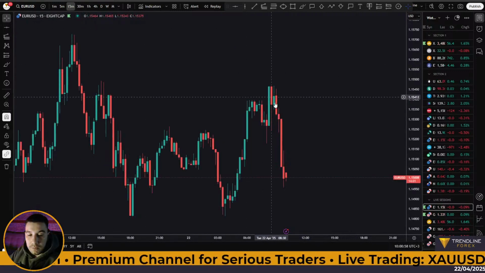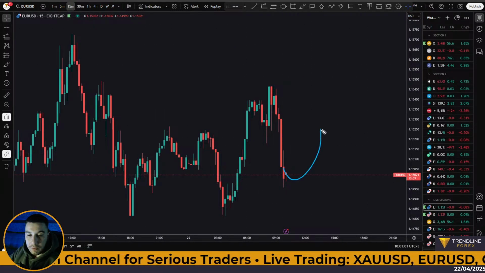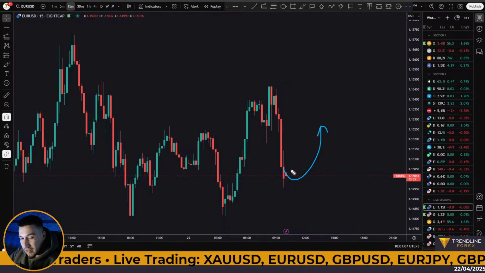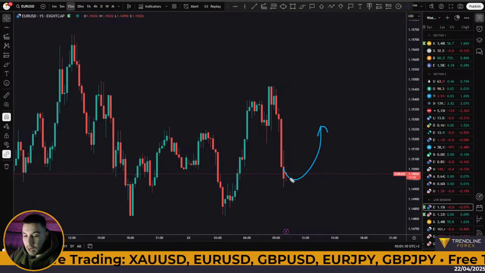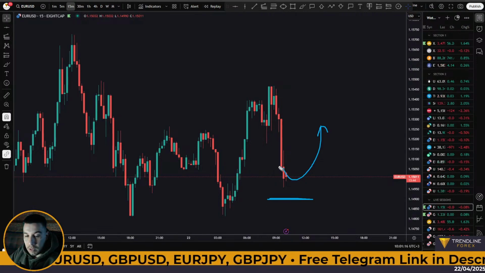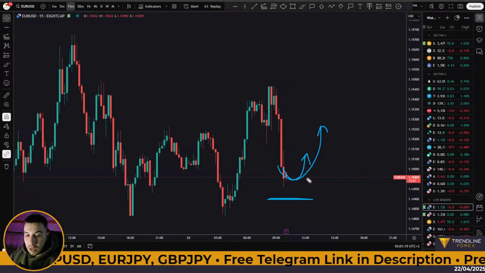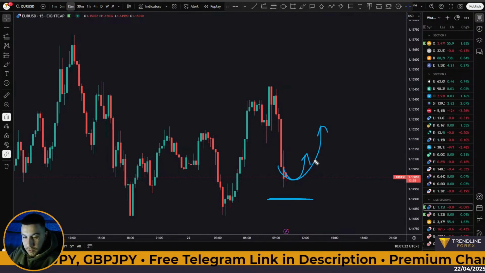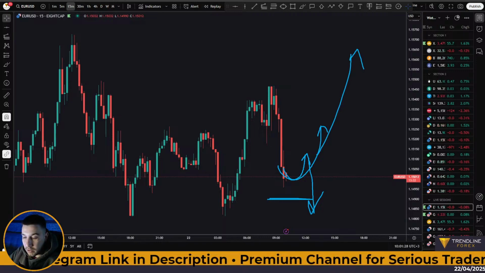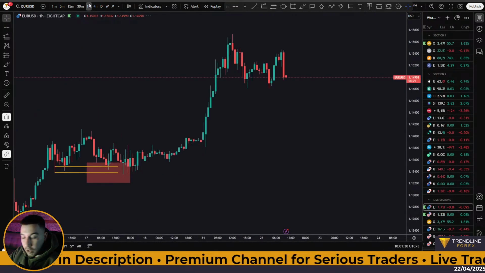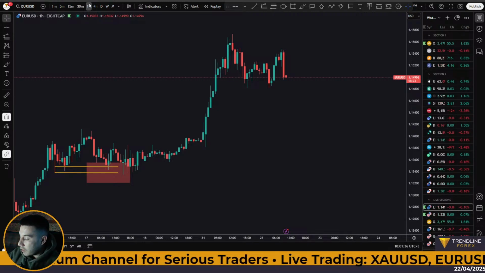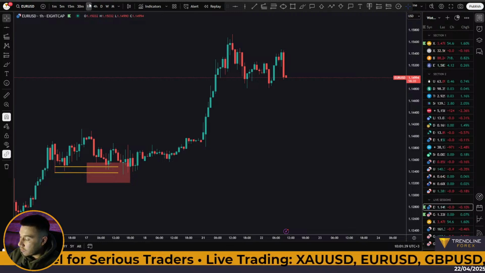Now we can easily start climbing up from current price levels. And if I get a nice reversal signal, I could give it a try with a very aggressive stop loss right down here. If let's say we get that reversal here, and maybe using less risk, then I would expect for price to continue higher. Now, if I get taken out, this is fine, because then I'm going to be looking to re-enter again at a lower level, which is most likely going to actually give me a better risk to reward ratio.